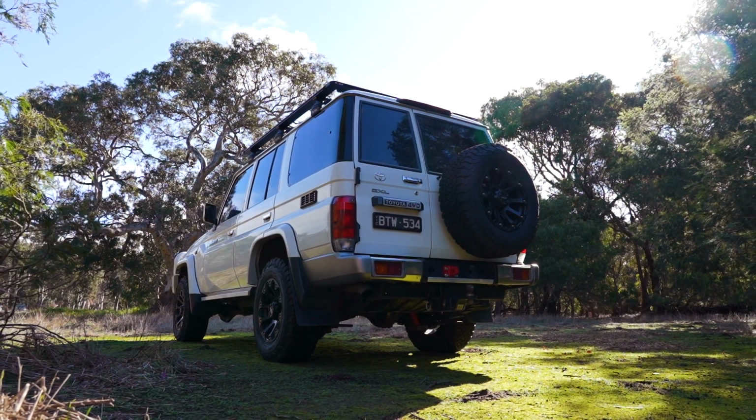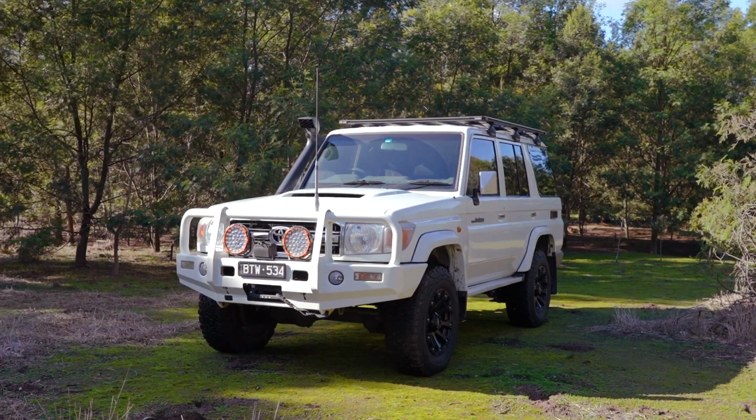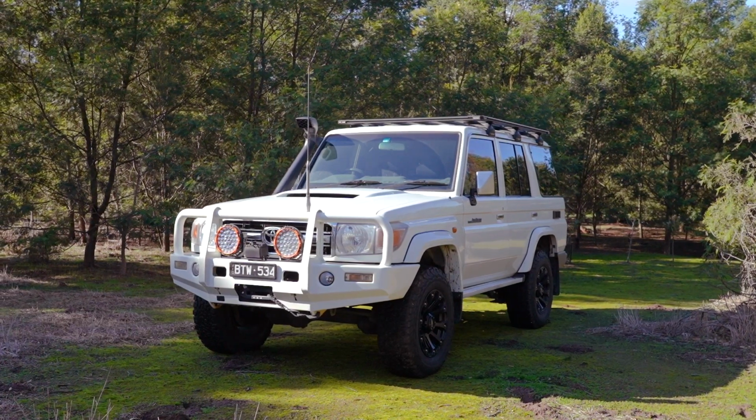This revolutionary LandCruiser 70 Series brake upgrade kit is perfectly suited to those that tow or carry heavy loads with their